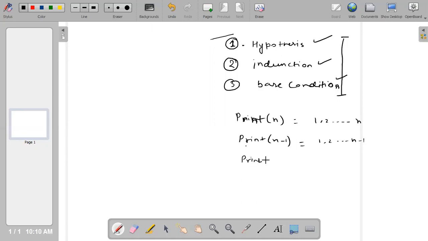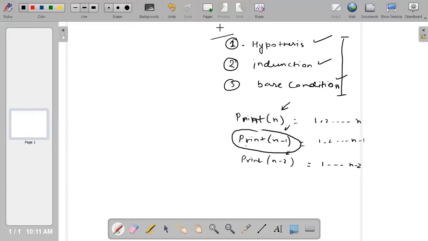Similarly, if my function is n minus 2, then it will print 1 to n minus 2. So what I'm trying to do here is reduce the input size, and I am assuming that print n minus 1 can print 1 to n minus 1.